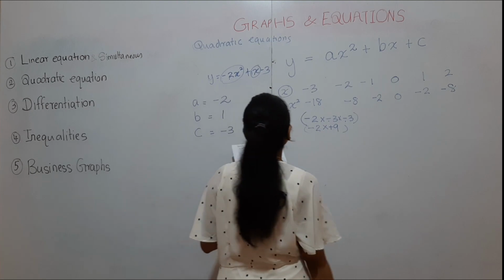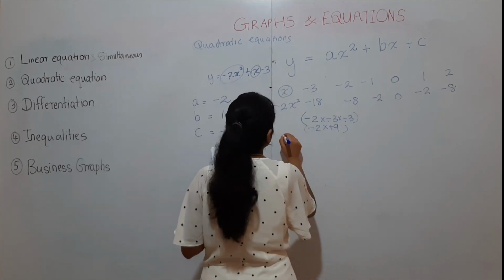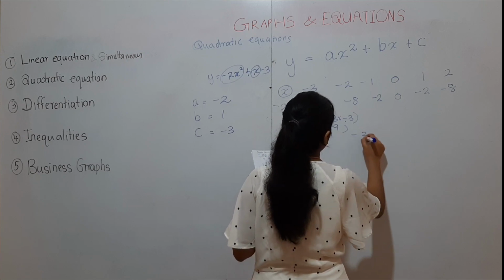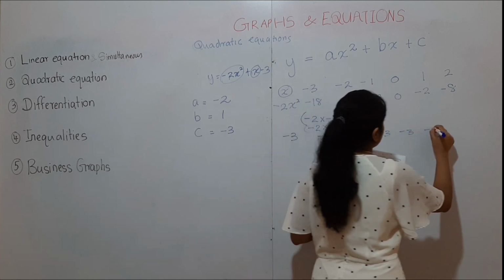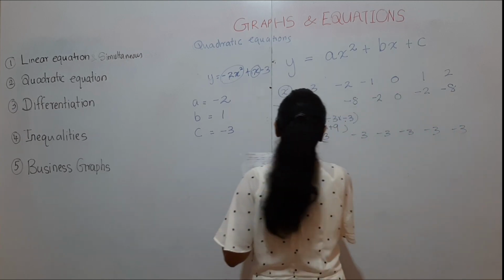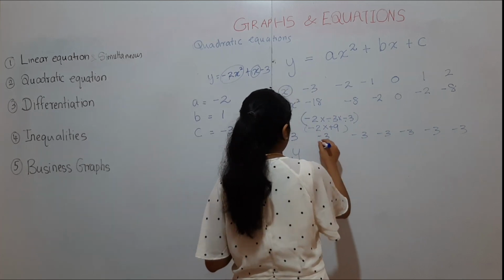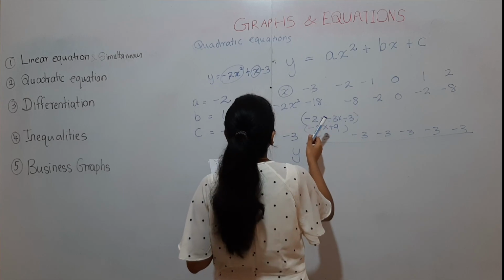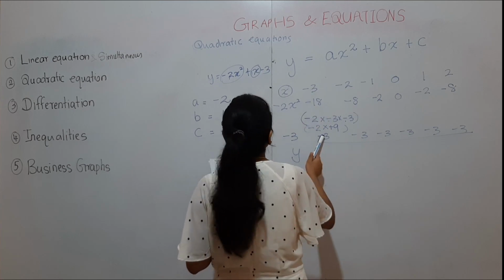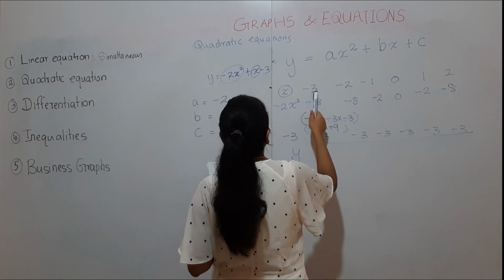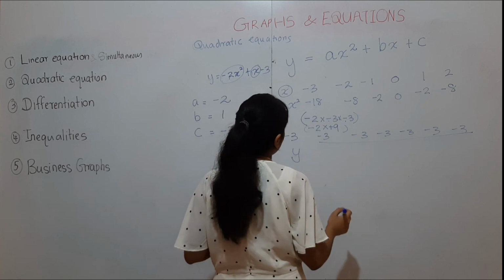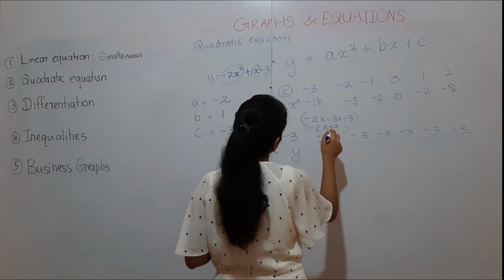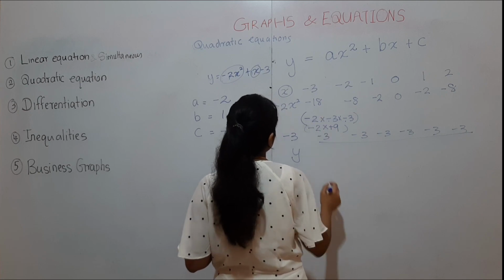So, straight away we can use this. And then you have to subtract 3 from all of this. Then only you will get what is y. So, the answer for y will be minus 3, minus 3, minus 18. How much? Minus 3 minus 3 is minus 6. Minus 6 minus 18 is